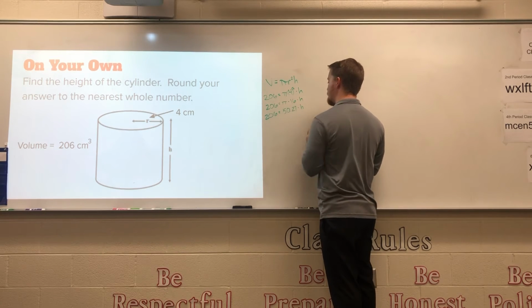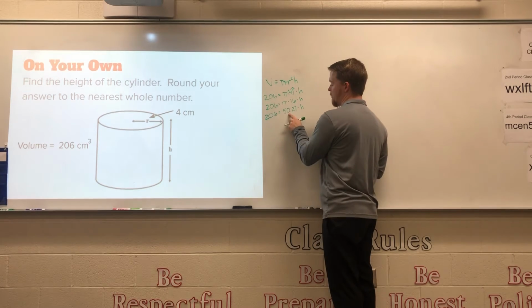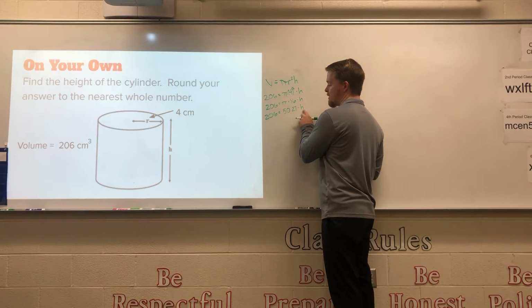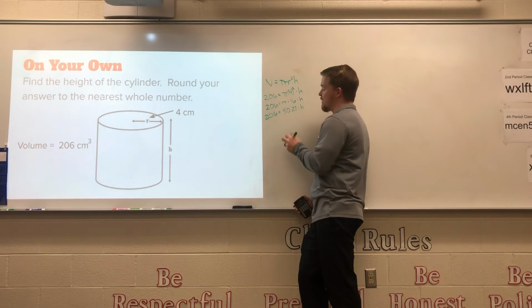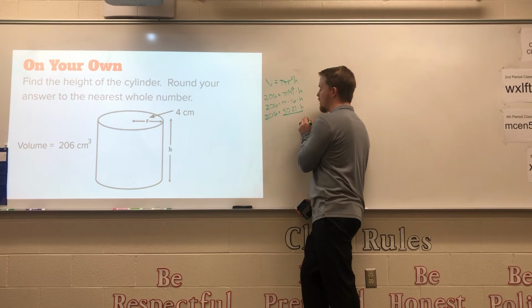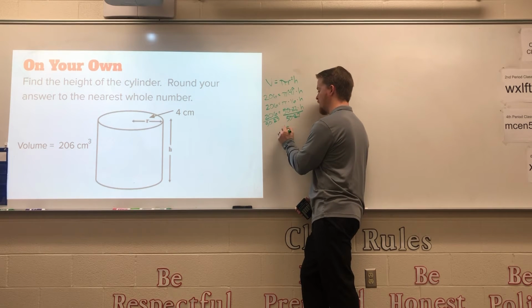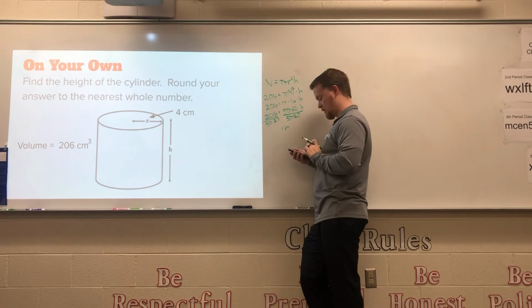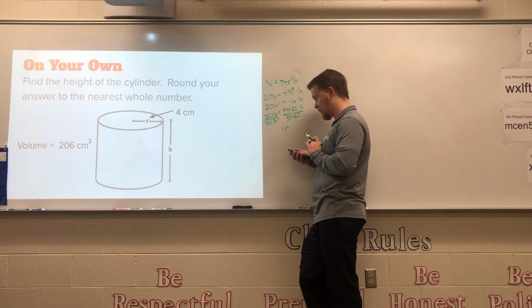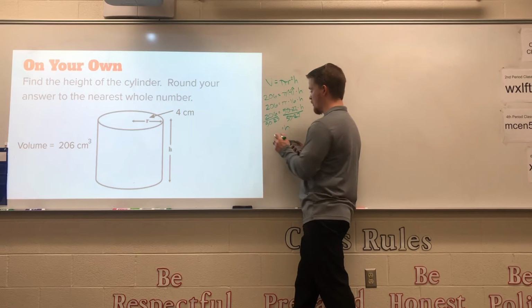times H. Then last step, this is being multiplied by H, but we want H by itself. So in order to do that, we have to do the opposite operation, and we're going to divide by 50.27. So both sides will be divided by 50.27. Those cancel. H equals 206 in your calculator divided by 50.27 will give you